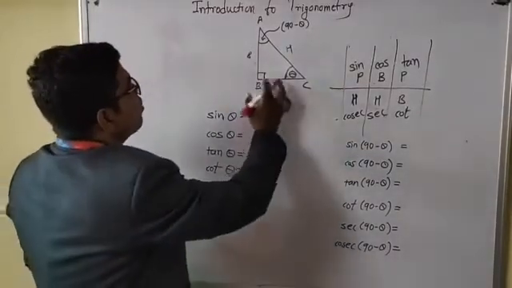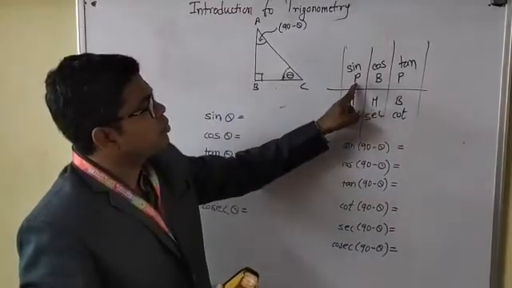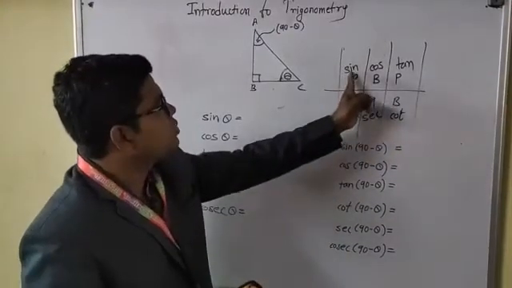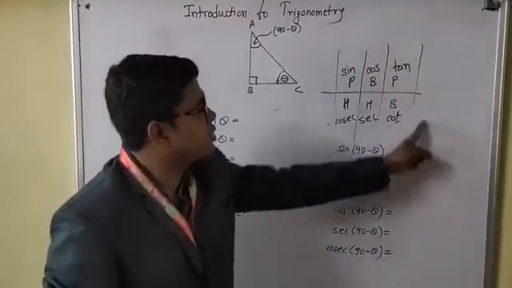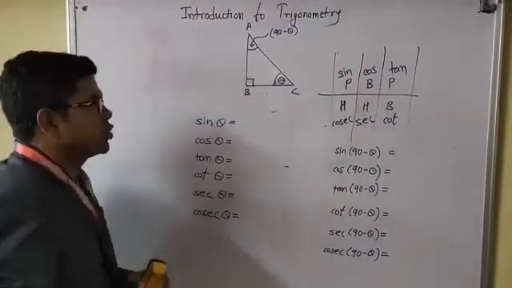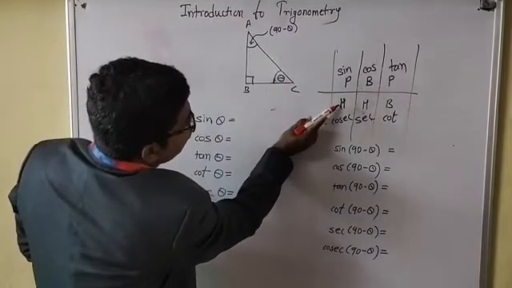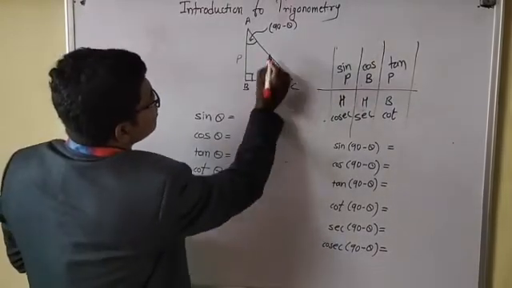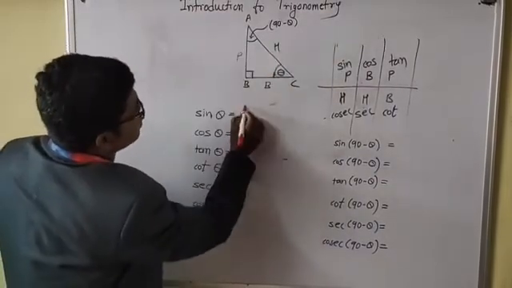Okay? Now to remember these ratios we have a short trick. Please concentrate. Pandit Bhadri Prasad har bole. Okay? Write down sine, cos, tan, cot, sec, cosec. Remember this table, and according to the table now I am going to write down the trigonometric ratios. See first one, sine, perpendicular upon hypotenuse. For theta, this is perpendicular, this is base, this is hypotenuse. Perpendicular upon hypotenuse, that is AB upon AC.